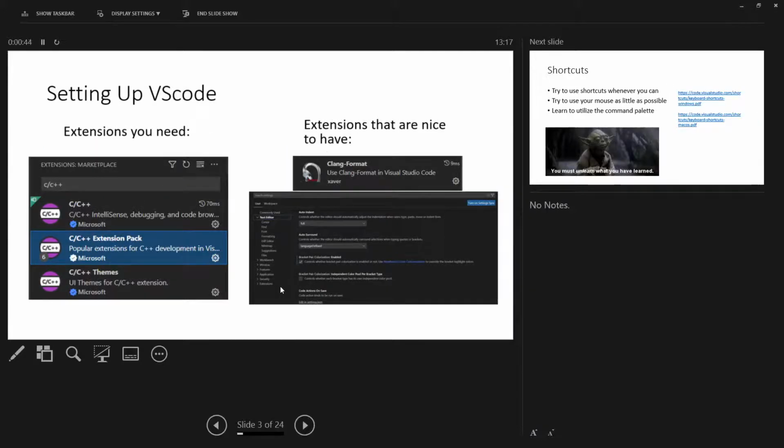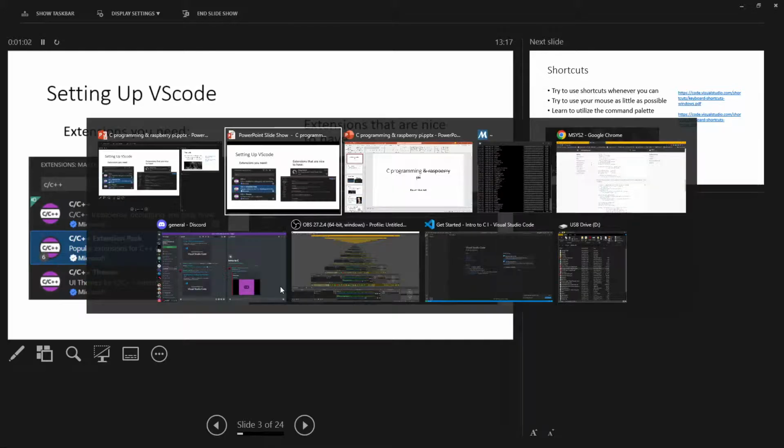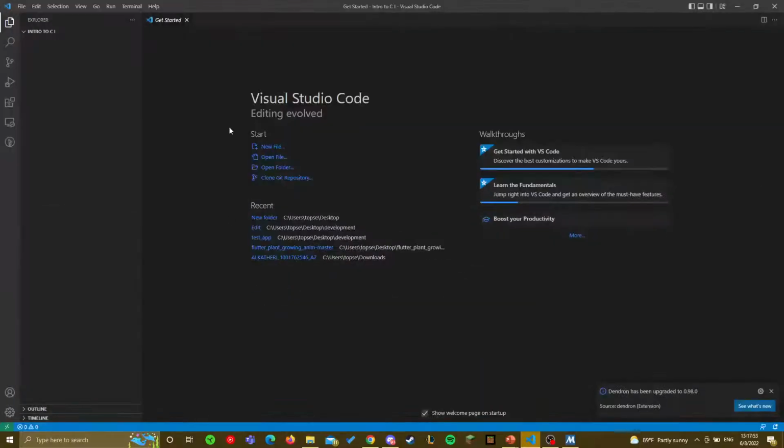Does everybody have VS Code installed? Here are the extensions. On the right are the ones that are recommended, and the ones on the left are kind of best. You should probably have this. So I can show you how to get to that.